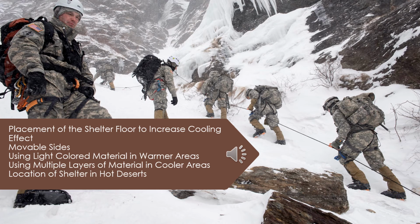In warmer deserts, white parachute or other light-colored material should be used as an outer layer to reflect heat. Orange or sage green material should be used as an inner layer for protection from ultraviolet rays. In cooler areas, multiple layers of material should be used with sage green or orange material as the outer layer to absorb heat. In a hot desert, shelters should be built away from large rocks which store heat during the day. IP may need to move to the rocky areas during the evening to take advantage of the warmth heated